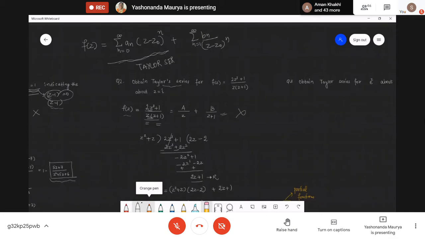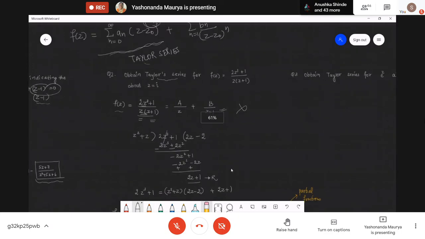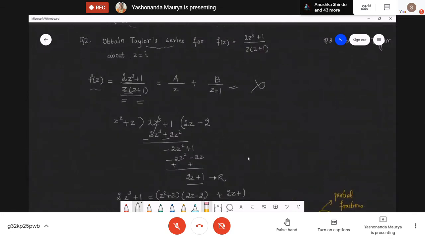Taylor series. What do we mean by Taylor series? If the expansion contains only positive powers, then we say it is a Taylor series. So actually, what we are trying to say in this question is that when they are asking us only for the Taylor series, it means we have to consider the innermost region and expand only in that particular part. Other parts are not at all required.